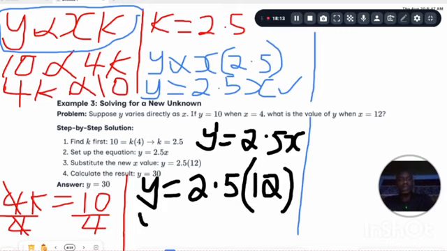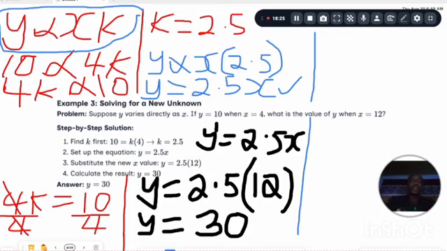So y equals 2.5 times 12. What is 2.5 times 12? That gives us 30. This is something we can do without a calculator. And how can we go about that? If you are saying 2.5 times 12,